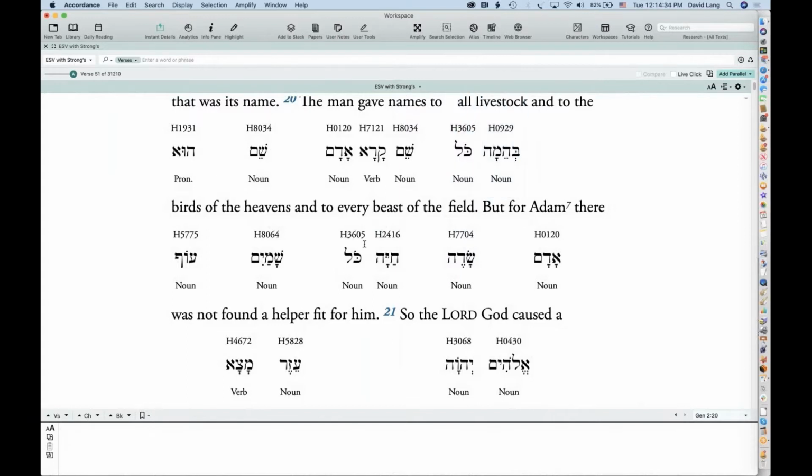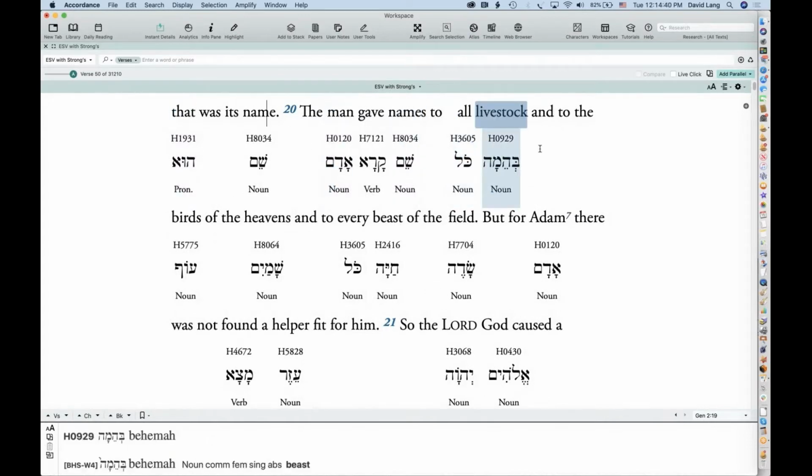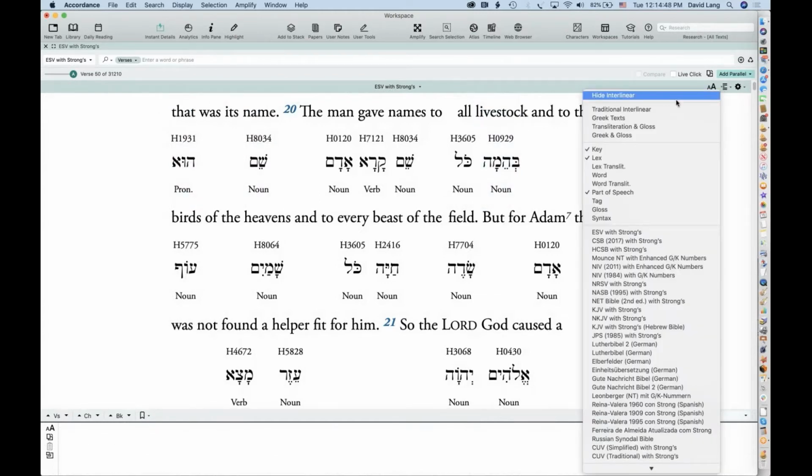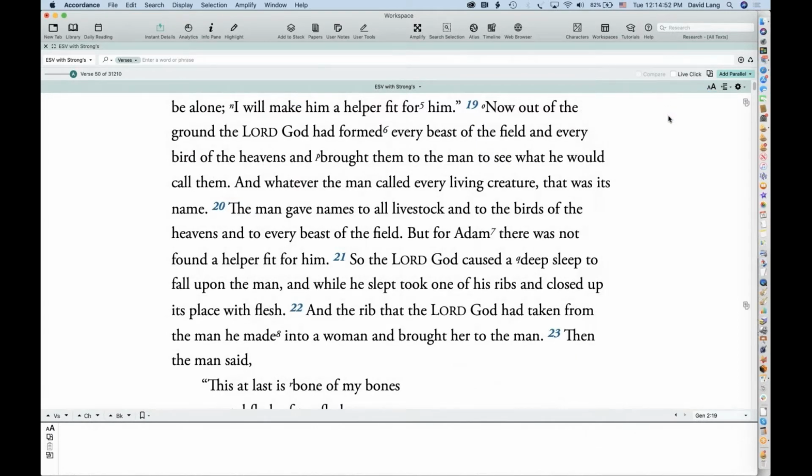But the interlinear becomes a way to illustrate information in the Greek or the Hebrew. Another thing that you can do, I've shown how, let's turn the interlinear off, and let's do something like this.